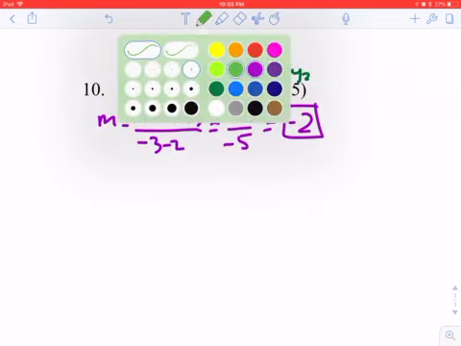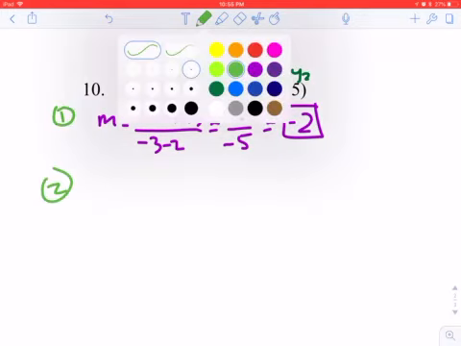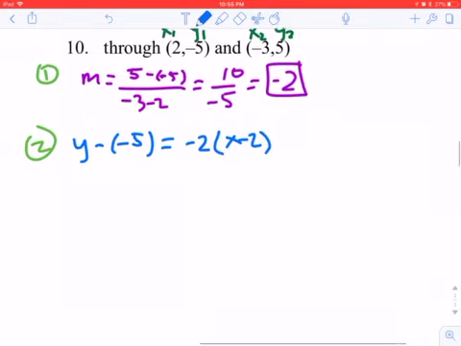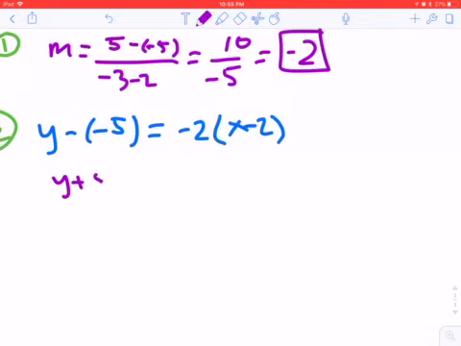That was your first step. Second step, point slope form. So y minus negative 5 is equal to negative 2 x minus 2. Clean it up. You get y plus 5 is equal to negative 2x. So I'm just